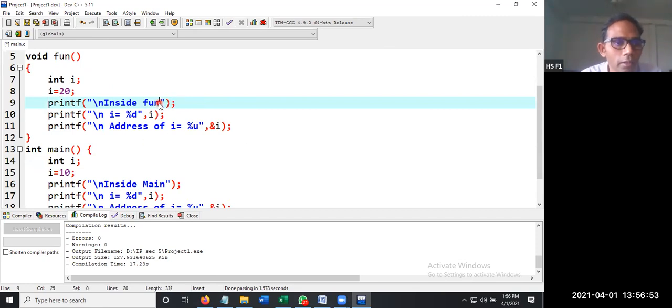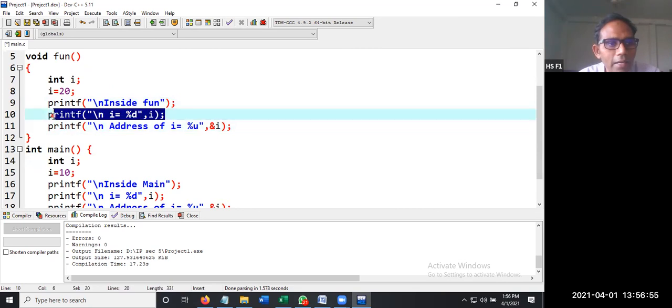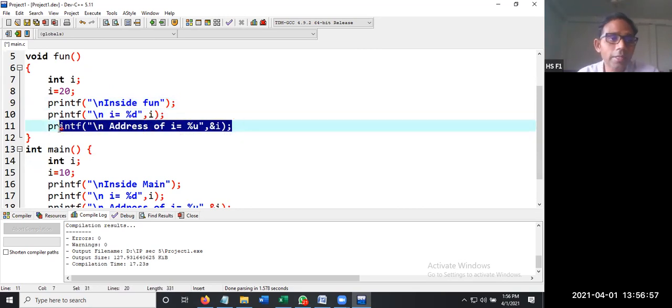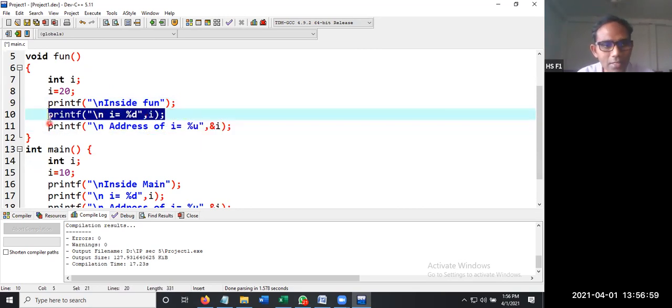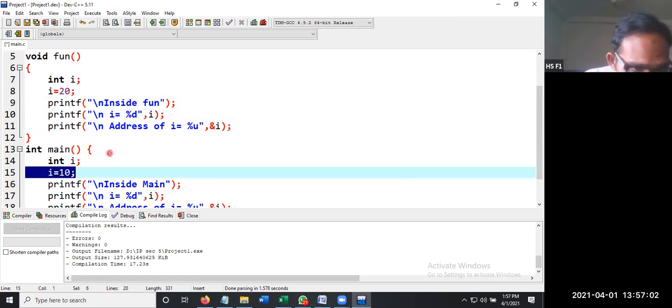This one will be fun, and here we get the I value and here the address. Here the value is 10 initially.